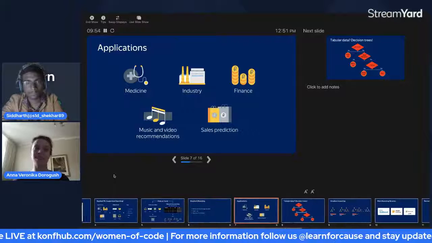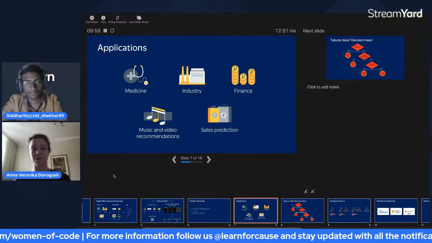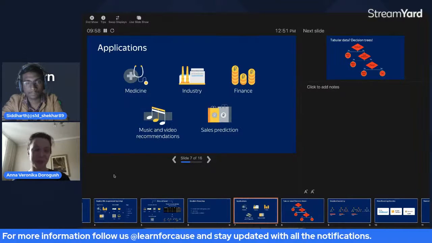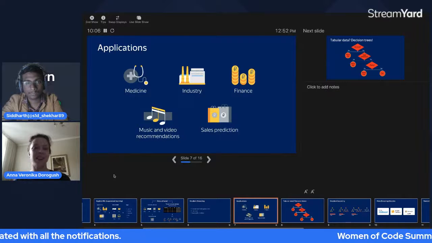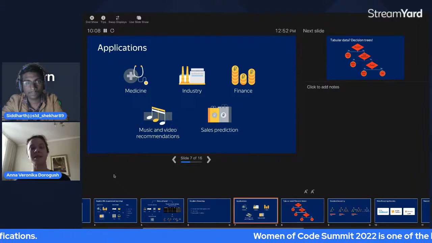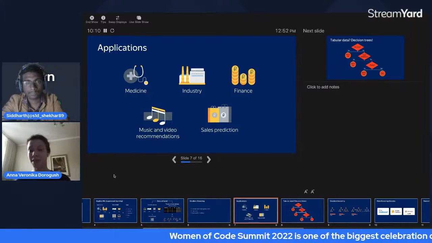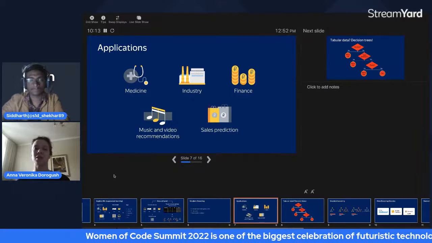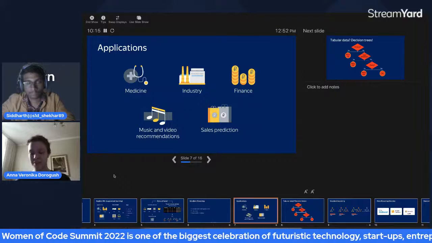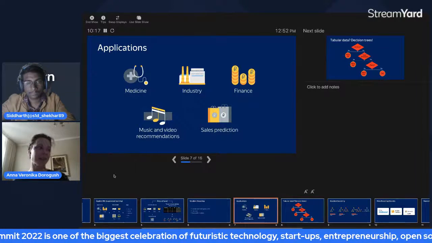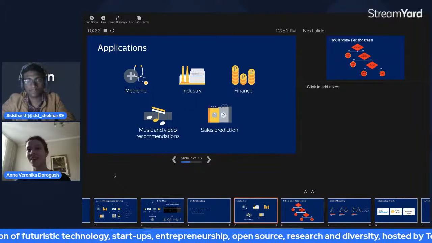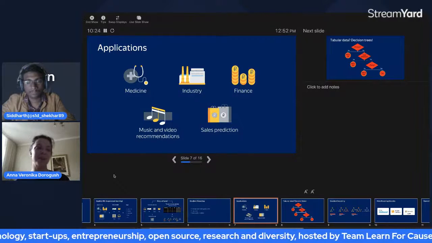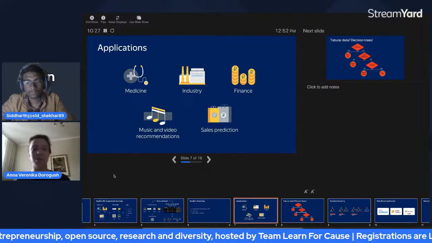What are the current applications of gradient boosting? Basically, it's used everywhere. Gradient boosting is used in search engines, in weather predictions, in sales predictions, everywhere, in finance, in medicine, in many places. All the big tech companies use gradient boosting for their machine learning. And not only them, but also research uses gradient boosting a lot. So you might find many papers where people are trying to do stuff with gradient boosting.